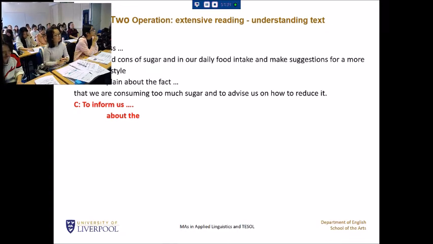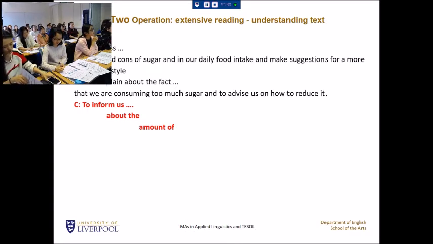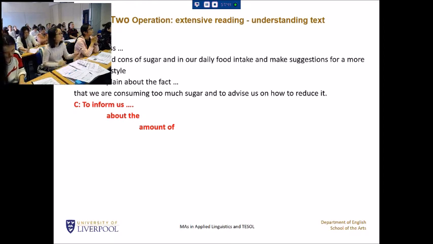The problem. Let's have a look. Oh, the amount. Informs us about the amount of high sugar food